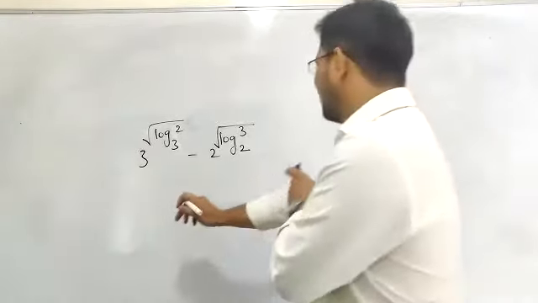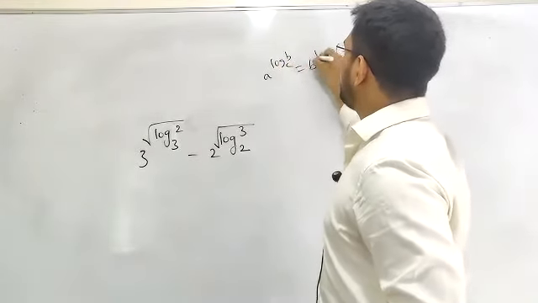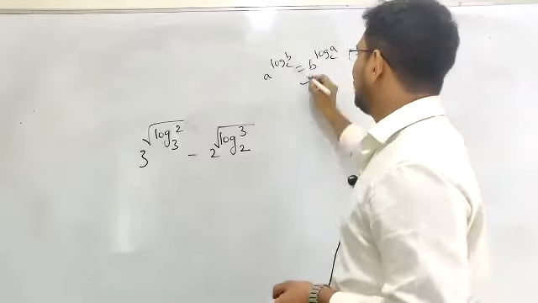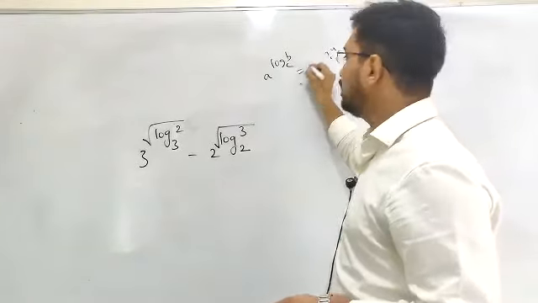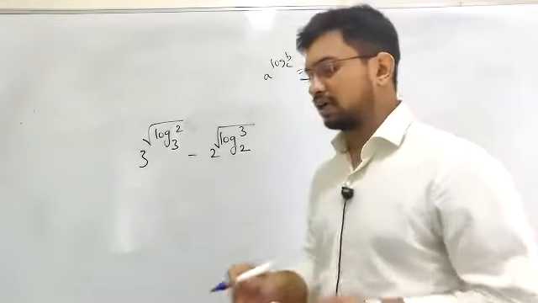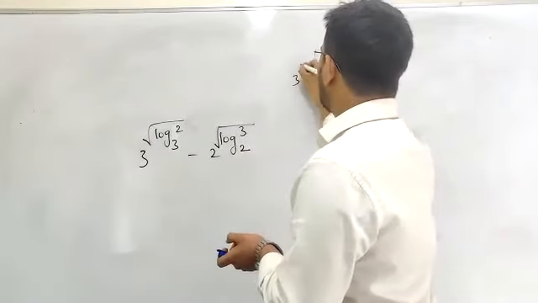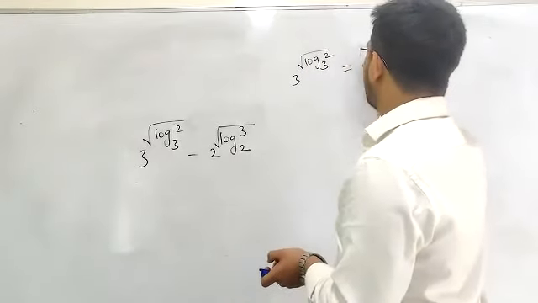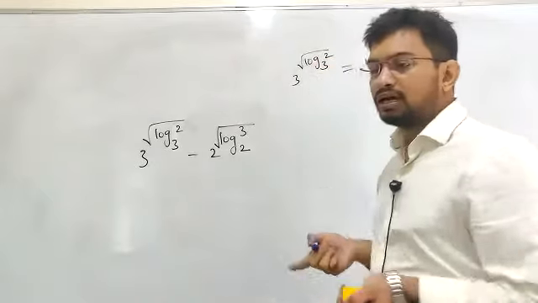Very simple. Now a power log b to the base c, b power log a to the base c, how have we proved this? Nothing, we took it as k and then tried to prove this. To prove that previous inequality, we took it as k and tried to prove that. Same idea. Now we'll take this part as k. 3 power under root of log 2 to the base 3, I'll be taking it as k. Now this is an exponential form.